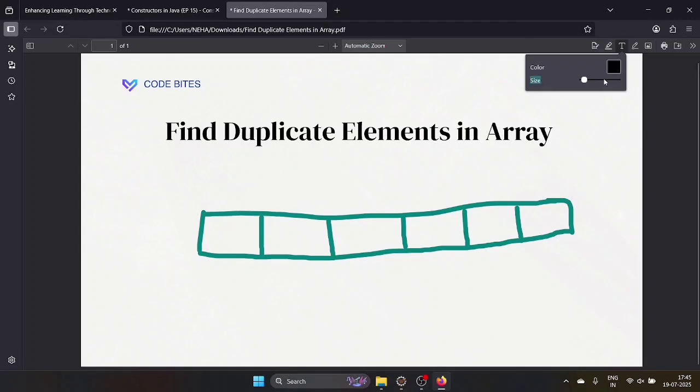I will increase the font size so it will be visible properly. I will take 4, 3, 7, 4, 6, and 3.